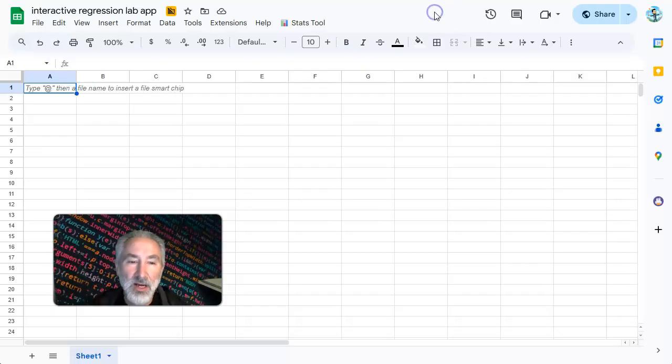So anyways, that's it. I just wanted to show you that I've been working on some apps. I love using Google Sheets to create apps. I think this is a super beneficial tool for teachers and students. I love the fact, and I'm hopeful that you are with me on this, I love the fact that this is something where I don't need to ask you to set up a special server where I can run Python